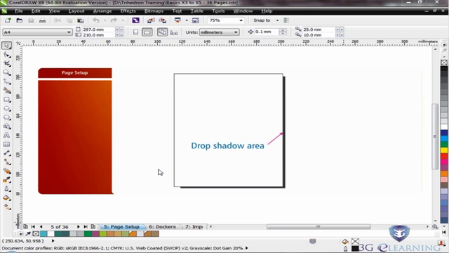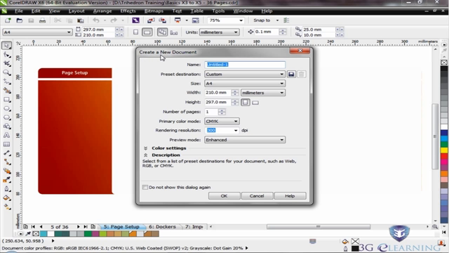Understanding page setup. We are going to quickly look at page setup. Now the best way to look at this is simply to start a brand new document. So come up here and I'll choose New Document. Well, to create a new document, a dialog comes up, and of course all the parameters we can see here will